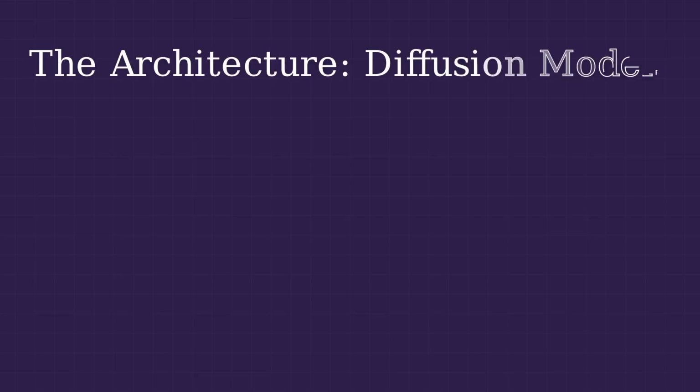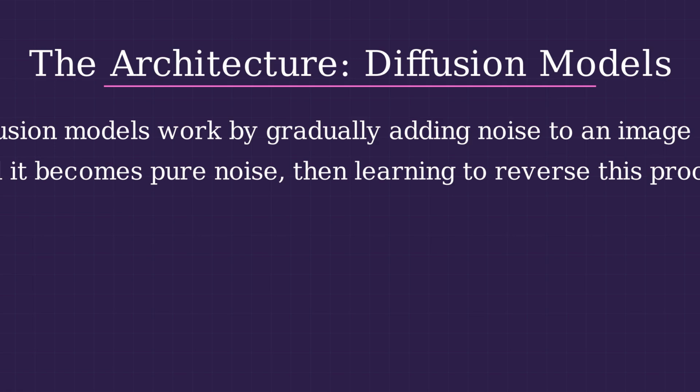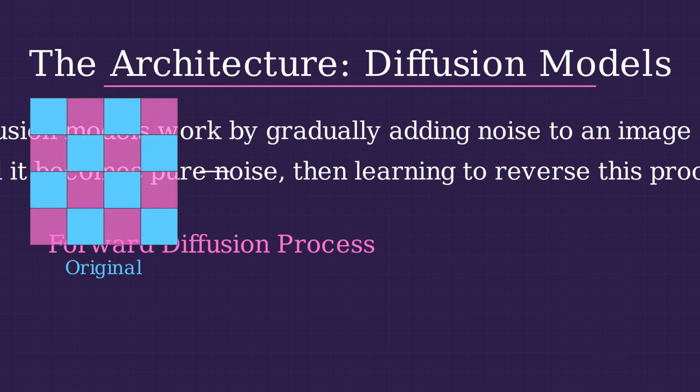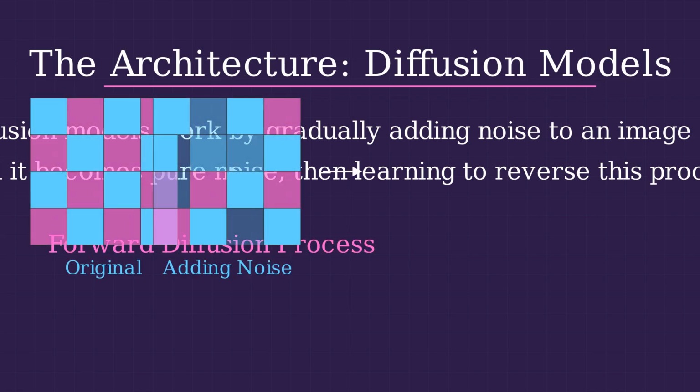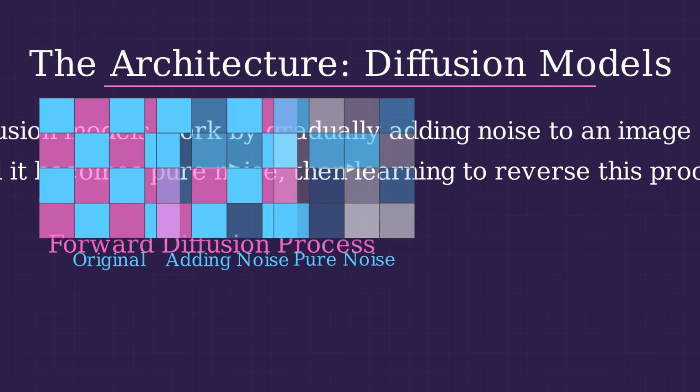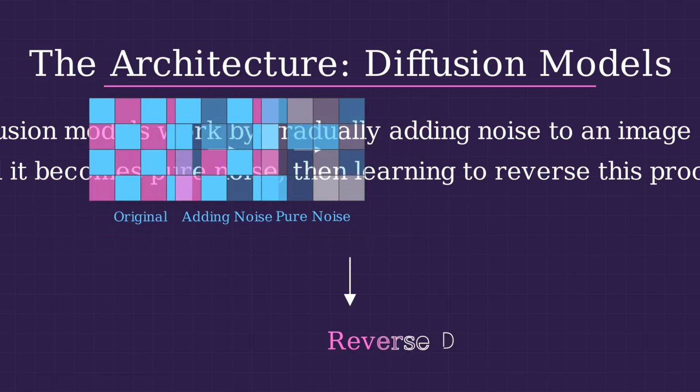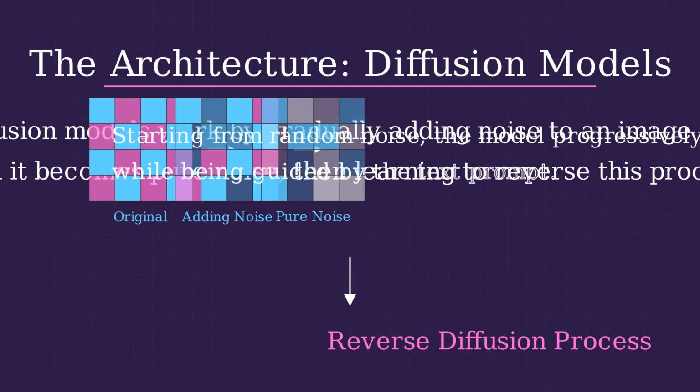Most modern text-to-image systems use diffusion models as their core architecture. Diffusion models work by gradually adding noise to an image until it becomes pure noise, then learning to reverse this process. In the forward diffusion process, we start with a clear image and gradually add random noise. The real magic happens in the reverse diffusion process. Starting from random noise, the model progressively removes noise while being guided by the text prompt, eventually forming a coherent